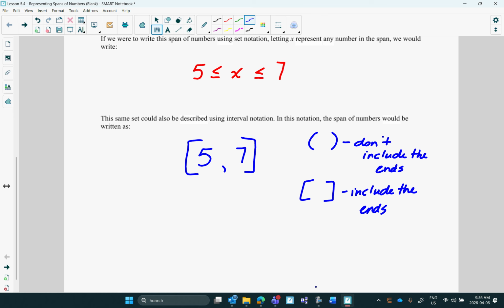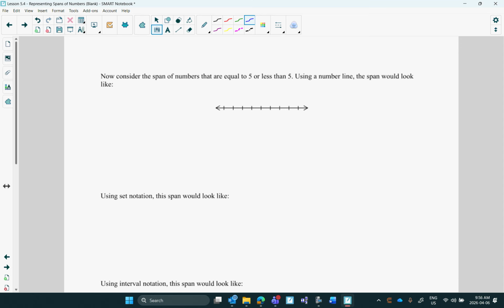Okay, so all I want to do is practice doing different spans, and that's it. So this next one, this time, all the numbers that are equal to 5 or less than 5. How would we do that